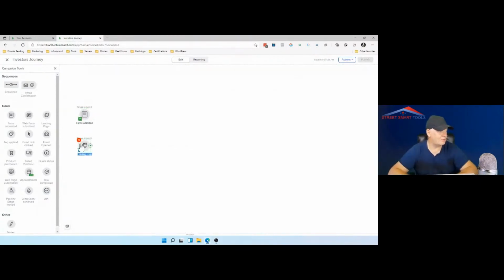Honestly, I will show you briefly how that works. If the tag was applied, right? And then if they click the email, I'm going to just show it. If they open the email, you can have different actions. If they purchase the product, if the product failed, they abandoned, if the quote, you can set the quotes, status has been changed.